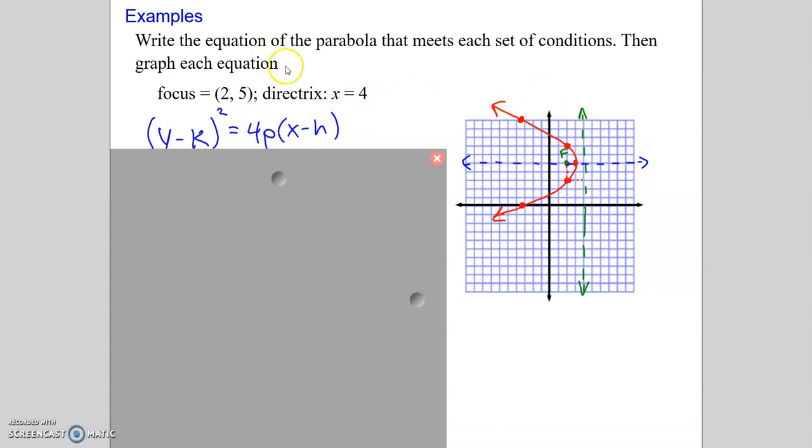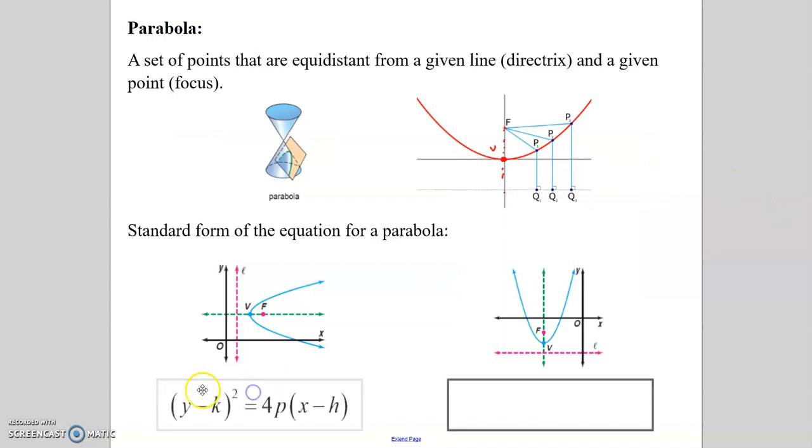and then plot the directrix. You have to know that x equals 4 is going to be a vertical line. Then the vertex will be halfway in between those two, right there. And then you should also be aware that the parabola opens away from the directrix, so it's going to open to the left. Now, because this graph opens to the left, I know that I'm going to have a y